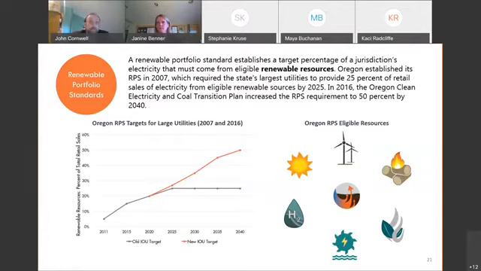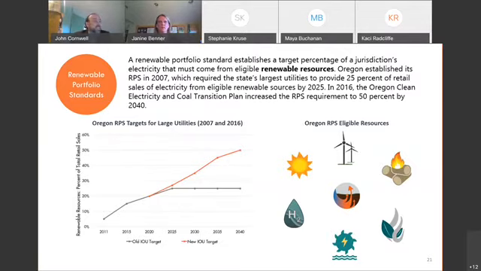So the primary goal of renewable portfolio standards, like we have in Oregon, is to increase the development of new renewable energy resources. To do this, a renewable portfolio standard establishes a target percentage of a jurisdiction's electricity that must come from a set of eligible renewable resources. These policies also often have requirements about the age of a facility, typically allowing only newer facilities to be eligible in order to encourage new development of renewable projects. And while reduction of greenhouse gas emissions is related to renewable development, it is not typically the explicit goal of these policies. The primary or stated goal is development of renewable projects. Obviously greenhouse gas emissions come along with that, but it's more of a secondary or implicit goal of an